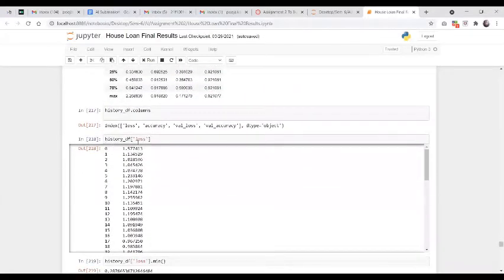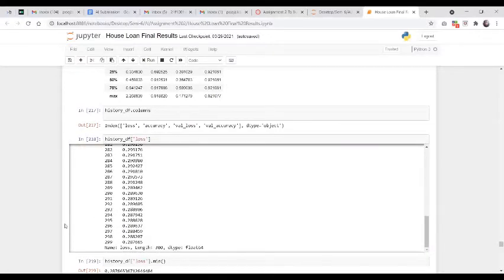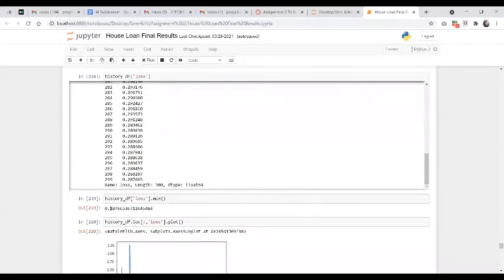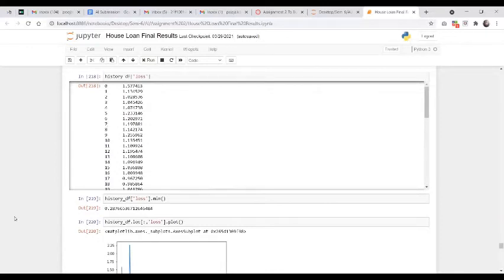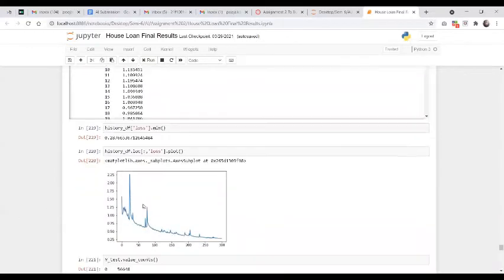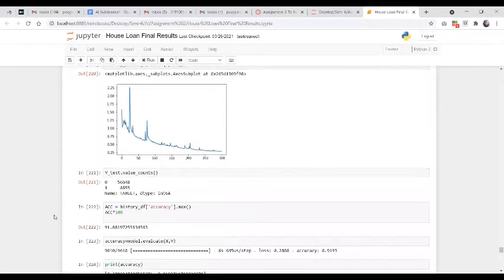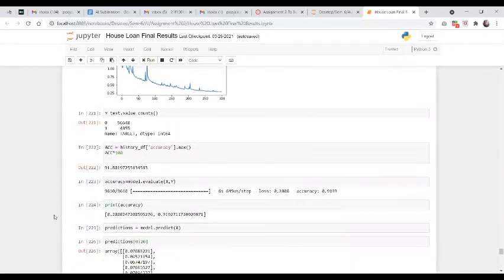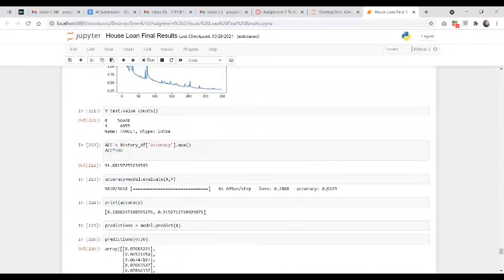Here you can see, if we see the history of our loss, it reduces as we go down. So you can see the minimum loss is 0.2, which is a good figure after having a max of 1.5 or anything else for that case. In this graph, we can see it's a proof that our loss is getting decreased. And the model accuracy, we are getting 0.91, that is 91%.